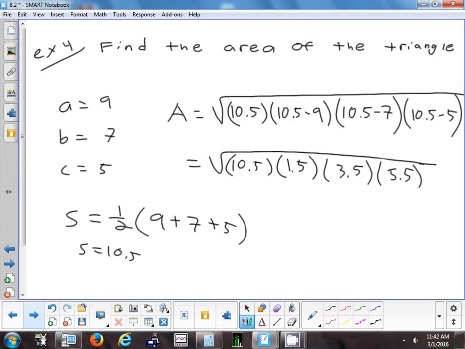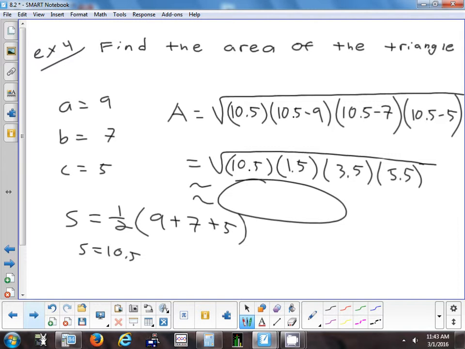Now, just from the perspective of dimensions, it's kind of weird. You're taking a length times a length times a length times a length. So if you did that, what's inches times inches times inches times inches? Inches to the fourth. But then when you take the square root, it becomes inches squared. So that's why this works dimensionally. All right, so now